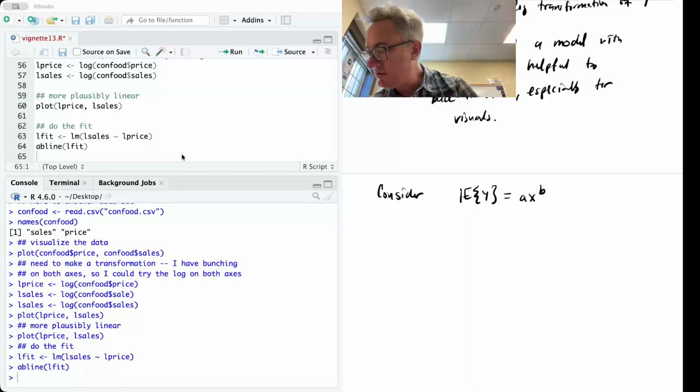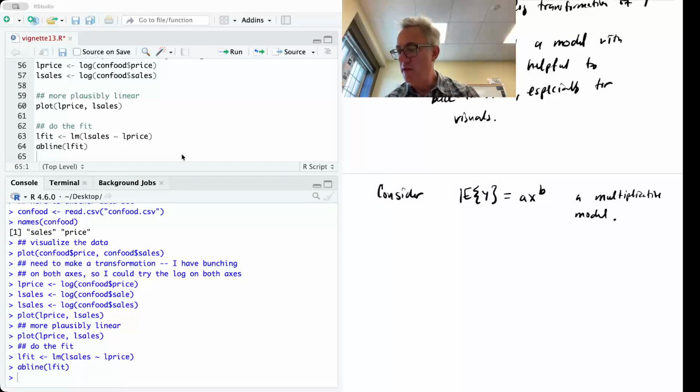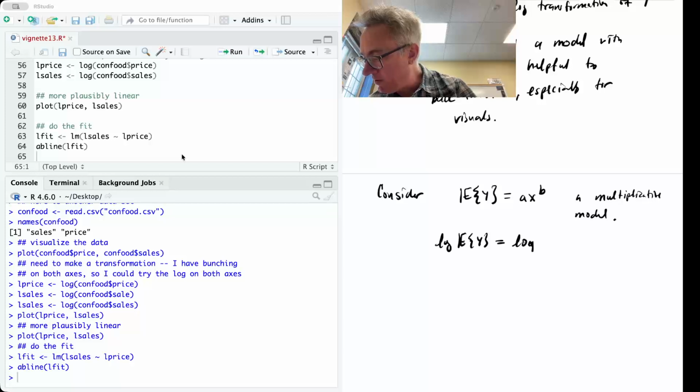You could call this a multiplicative model. But if I take the logarithm of both sides, I'm going to get log a. Don't forget your rules of logarithms. Products become sums,